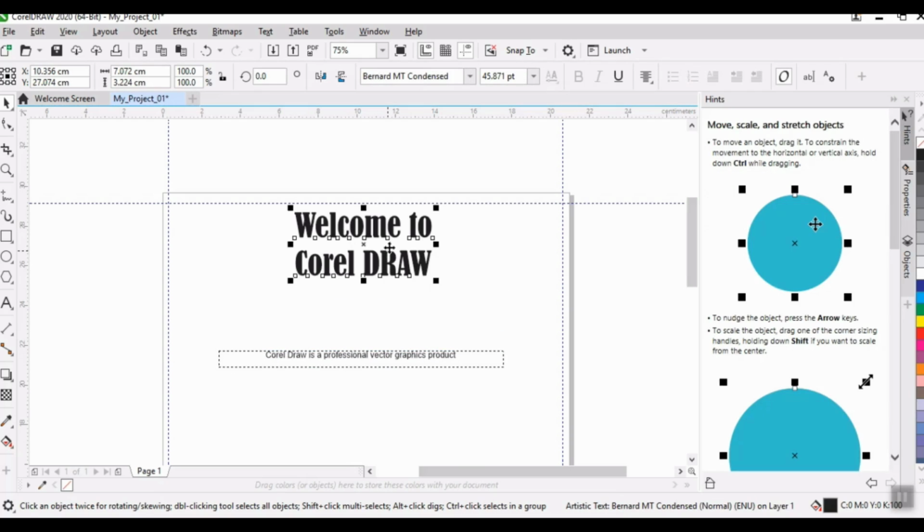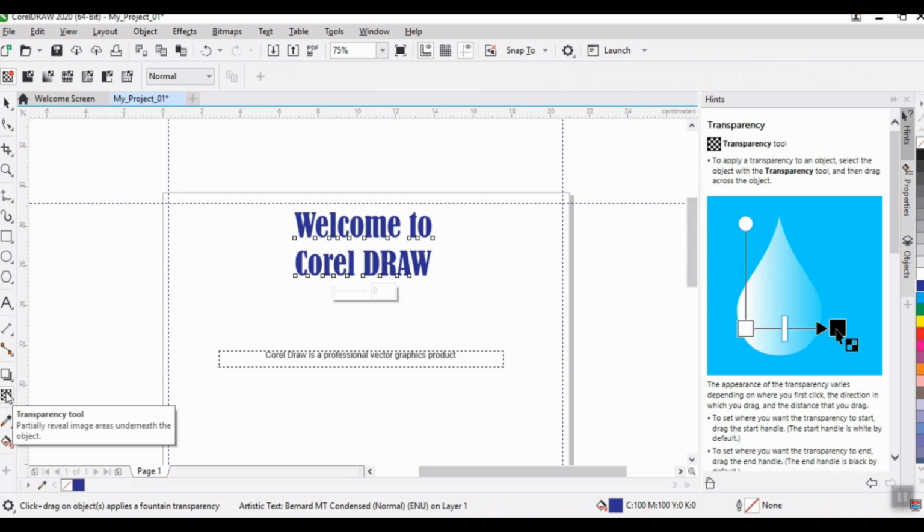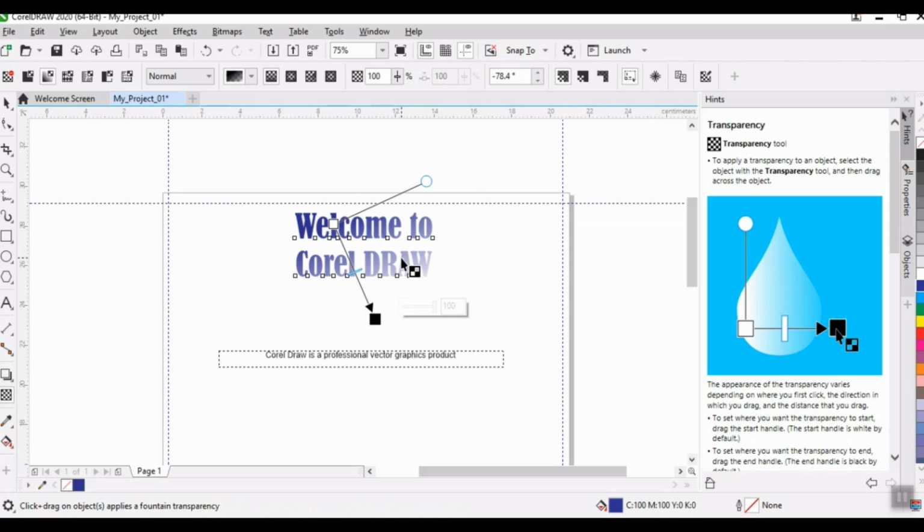Now, if you want to color it, click here on the color panel, select the color. If you want to add transparency, click on the transparency tool, click here and just with the help of the mouse, by clicking on the mouse you can adjust it. So this added a transparency. Here different patterns are available, and once it is done, at a later stage you can also change the transparency by adjusting these values.